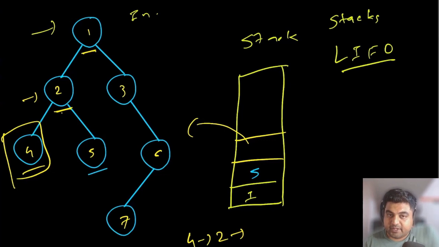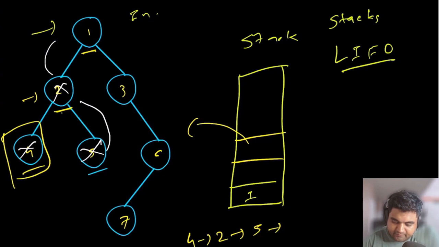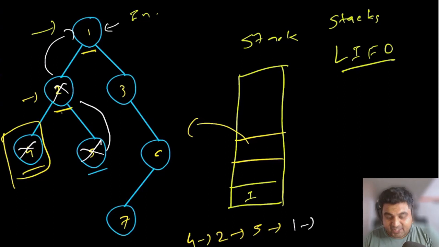Again for node number 5, it does not have any more children, so we are again going to pop node number 5 next. After popping node number 5, we are going to backtrack. So we already took care of all of these three. Now we are at node number 1 position. We are going to pop node number 1 out because we are doing in order traversal. But after popping node number 1 out, it still has a right child that we haven't taken care of. So we are going to push node number 3 again.